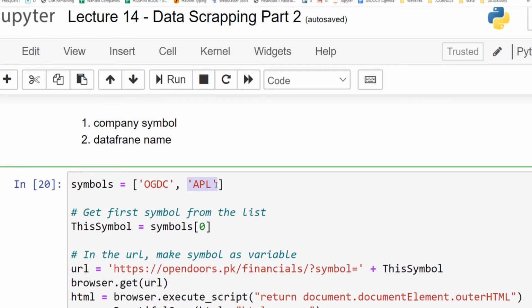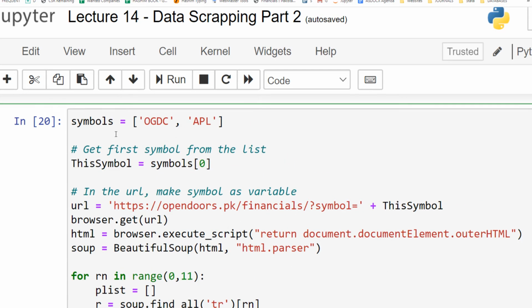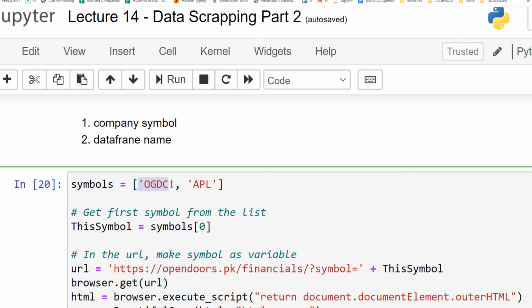And from this Python list, we shall extract the symbols one by one, so that the symbols are variable. So let's call the current symbol as this symbol. So if I am processing OGDC, this symbol will become OGDC. If we are processing APL, this symbol will become APL.